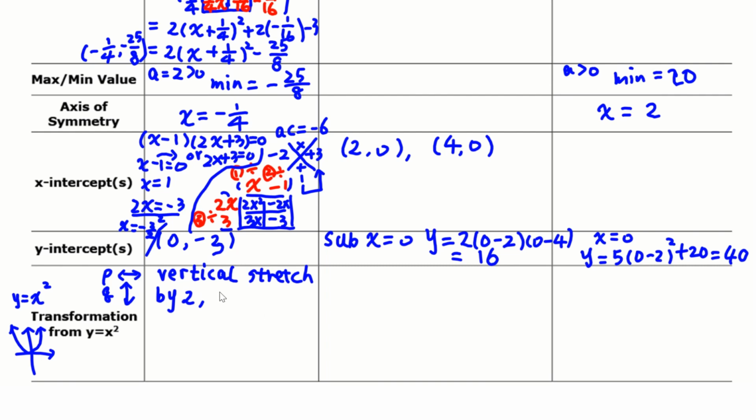Then p is negative, so left negative 1 over 4 units. So we use all positive numbers in the description of transformations. Then q is negative, so it's down